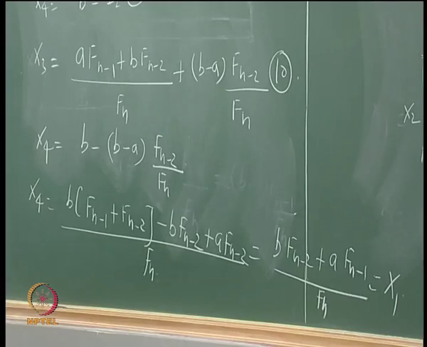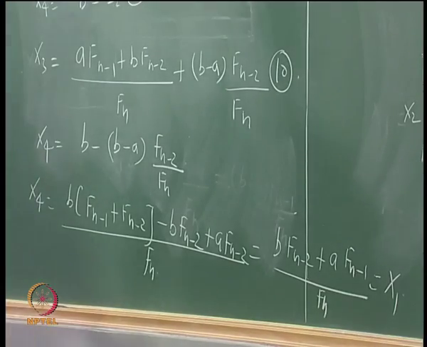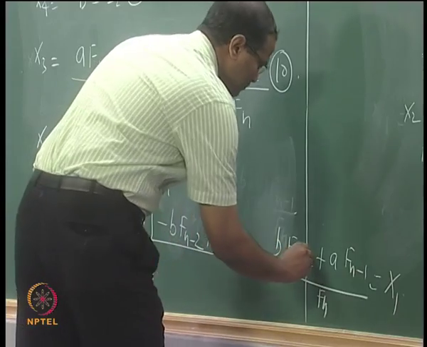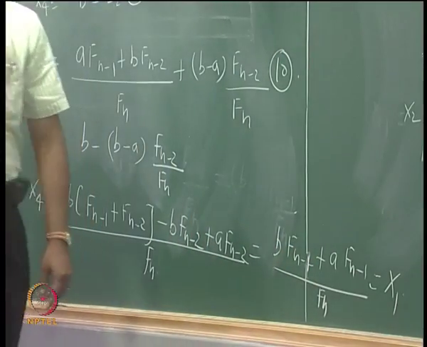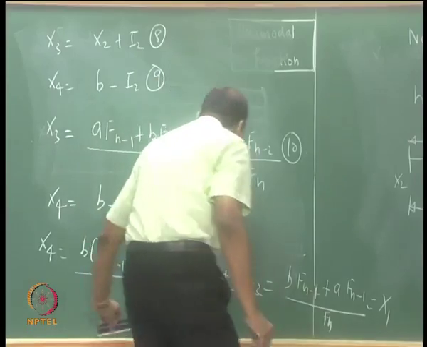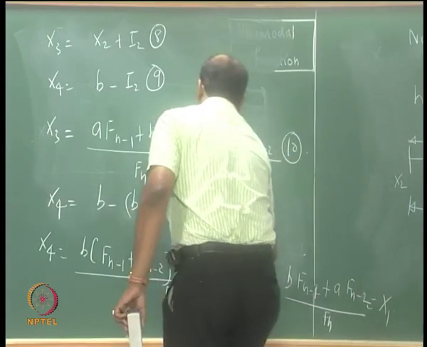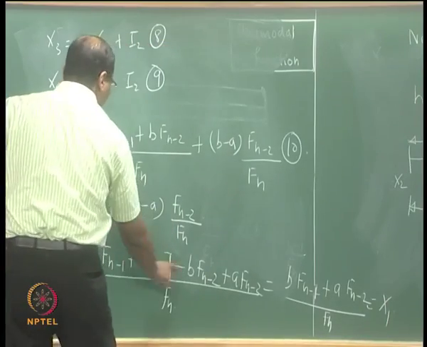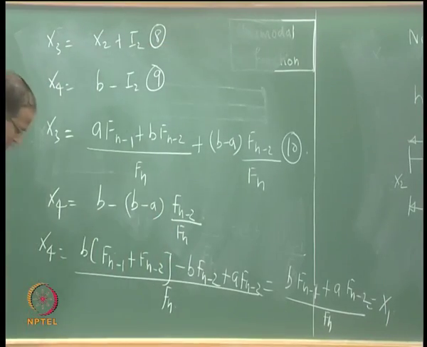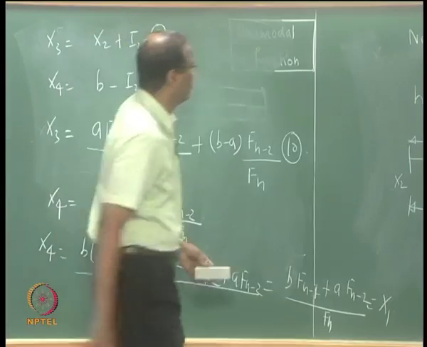B Fn minus 2 plus A Fn minus 2, yes, B Fn minus 2 gets cancelled. So this is x1. All right. Therefore,